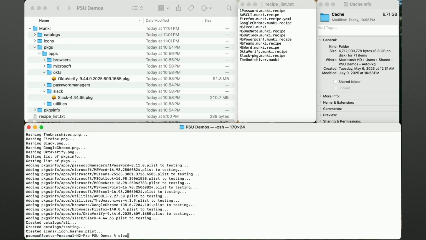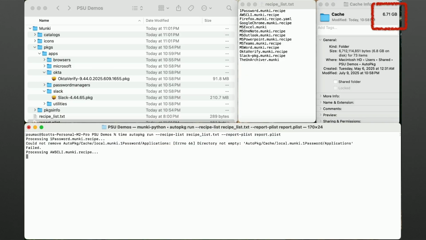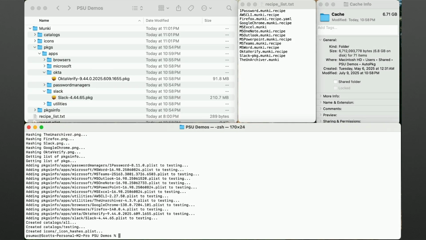So let's clear the screen and run AutoPkg again. Now keep in mind that we just ran this. The cache is full. You'll notice that it's fluctuating a little bit.